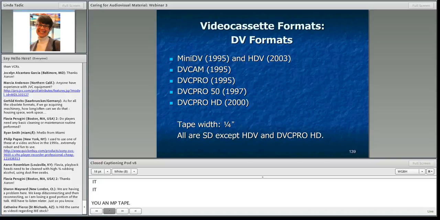Okay, the mini DV tapes started out in 1995. It captures a DV signal or a DV25. Again, I'm really sorry, I'm going to skip over the technical information because there isn't time. All mini DV tapes are ME. They're metal evaporated. So that's a critical thing for you to remember.